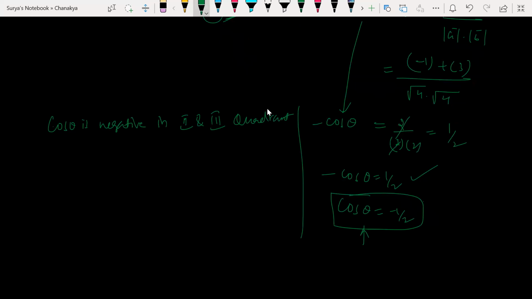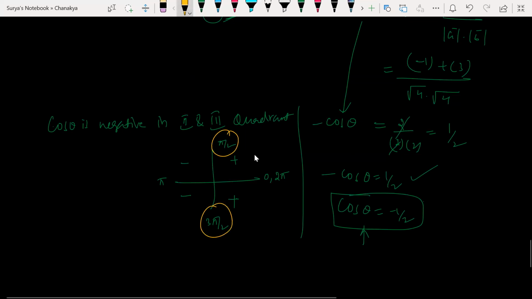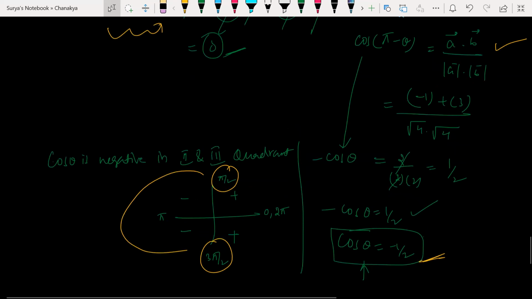How many of you understood this, guys? All Silver Tea Cups: in the first quadrant all are positive. Second quadrant, cos negative. Third quadrant, cos negative. Fourth quadrant, cos positive. Now look at this: this is 0, 2 pi. This is pi by 2, 90. This is pi. This is 3 pi by 2. So my answer should lie between 90 and 270, since we got a negative value, either the second or third quadrant.